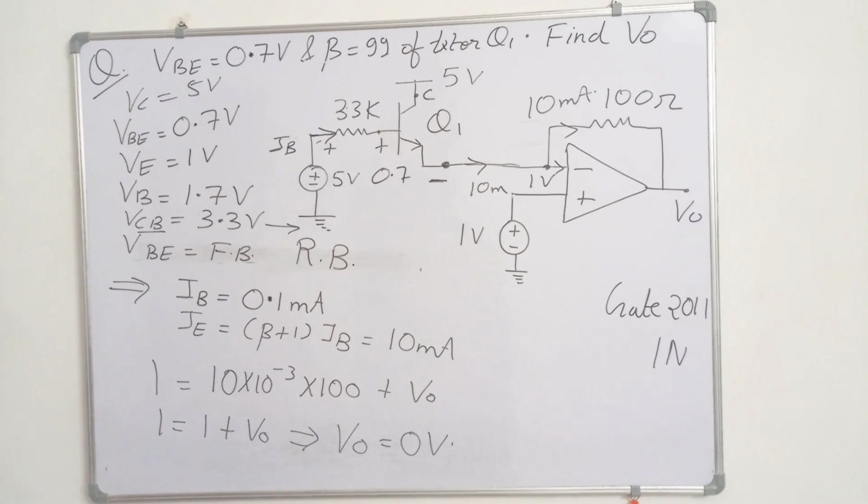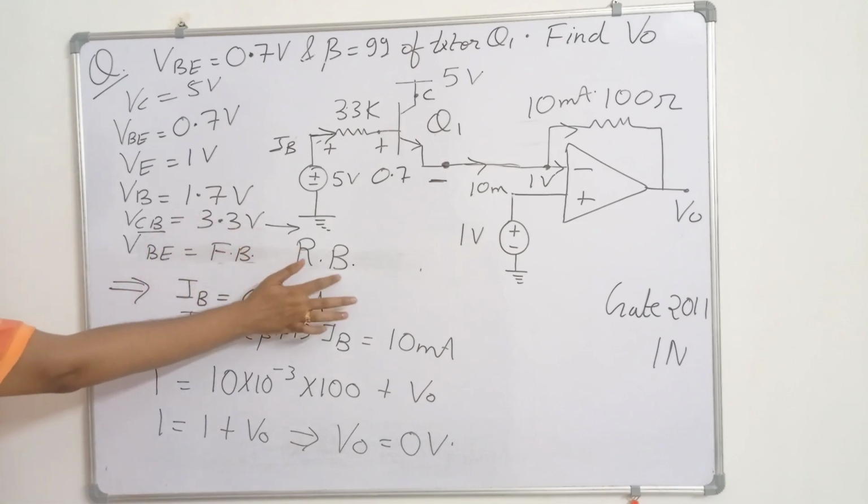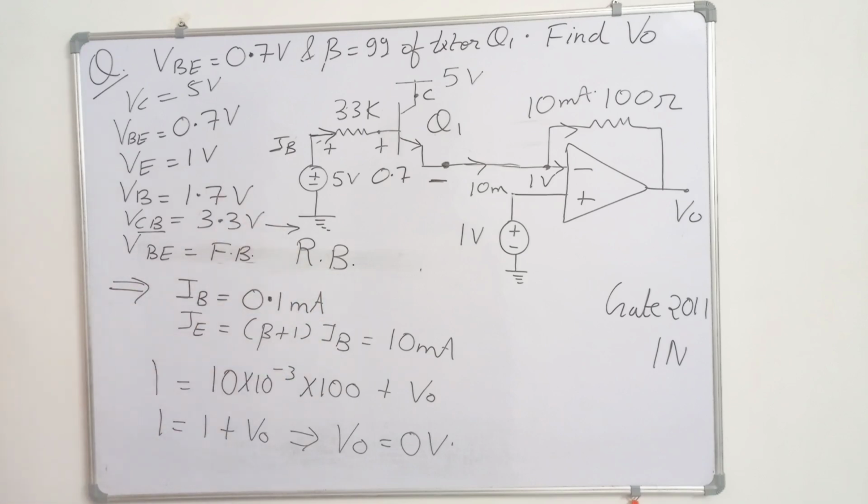So in this way we can find the biasing of the transistor also. For an NPN transistor, if VCB is positive then the collector base junction is reverse bias, and if VBE is positive then the base emitter junction is forward bias. So the transistor is in